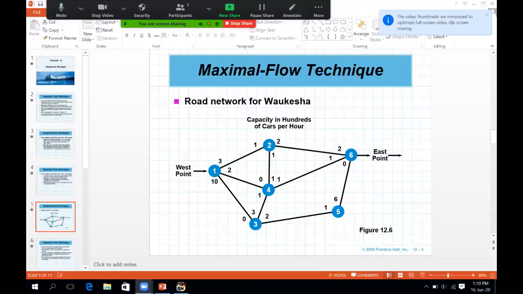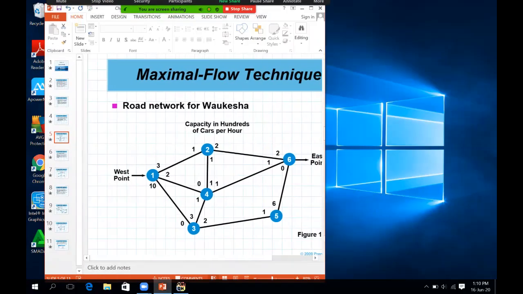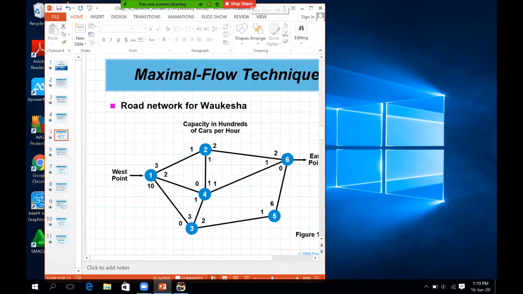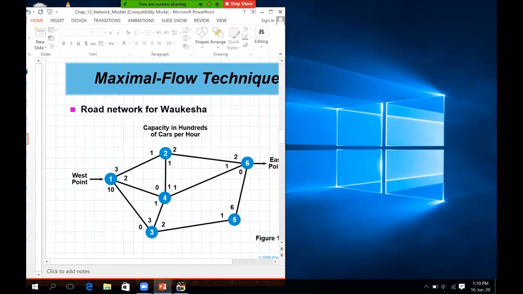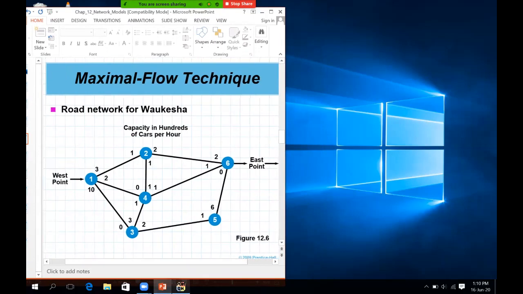So let's see the QM. Open the QM. I will share the entire screen, so we can open some windows. This is the case in PowerPoint that we are going to use.